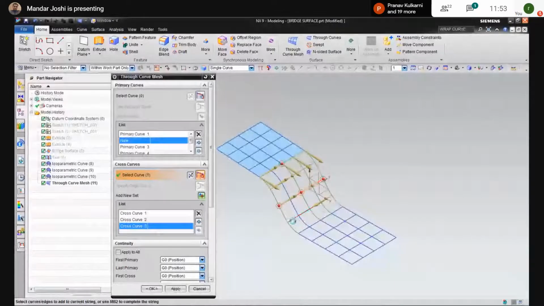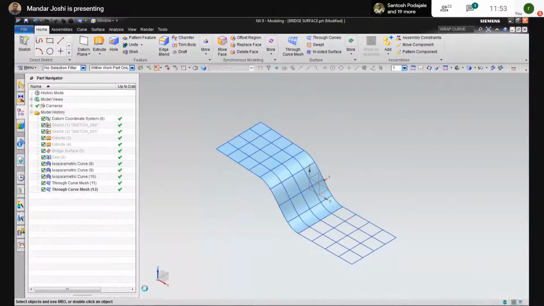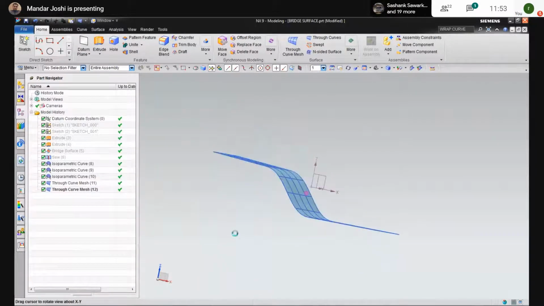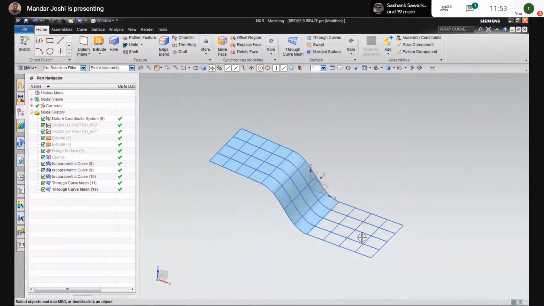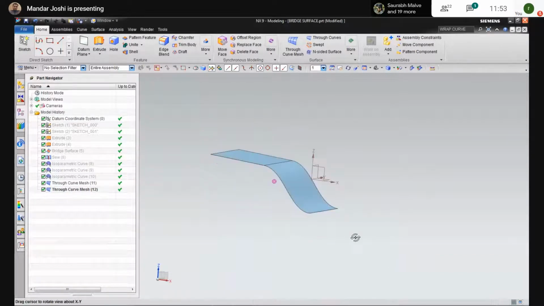Ensure that you add it on this side, not this side. So add a new set, one more curve here. Add a new set, one more curve. Click OK. So like this, the remaining surfaces you can also generate. And once you hide these isoparametric curves, the surface is rebuilt here again.